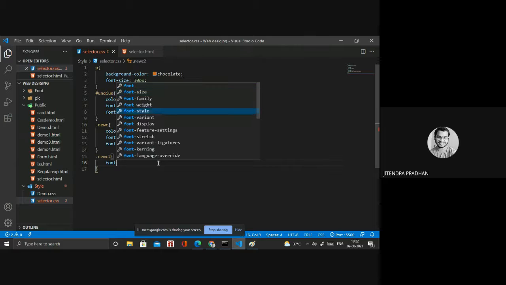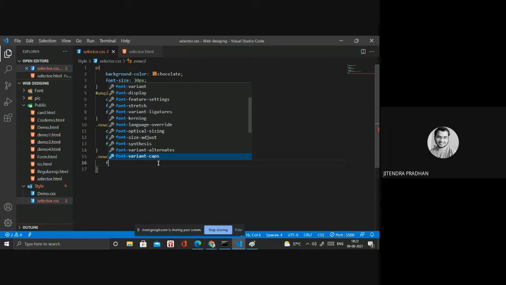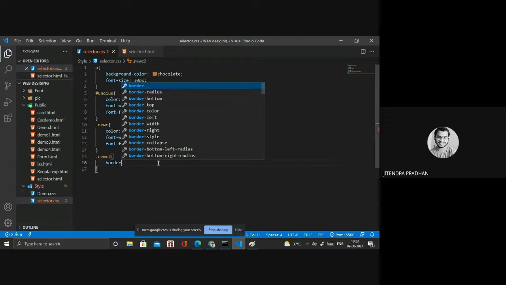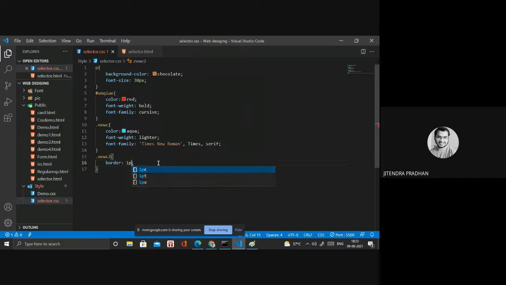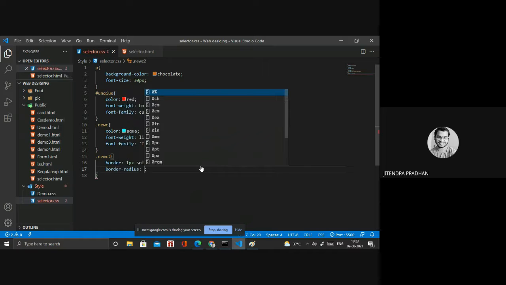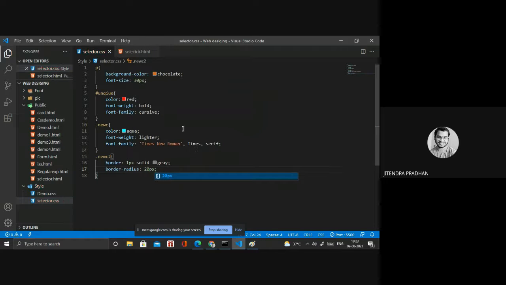I think display font, okay. Border inside is 1 pixel solid gray, okay. So border radius is like 20 pixel, okay.